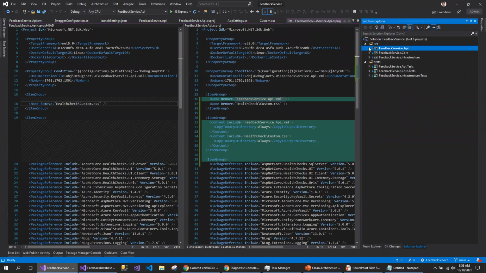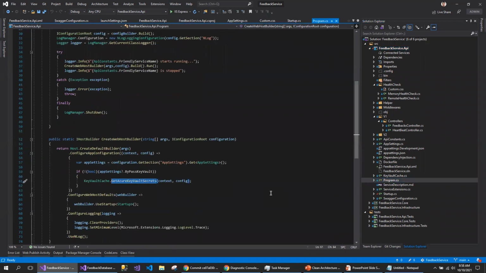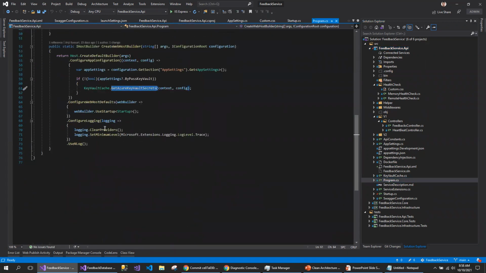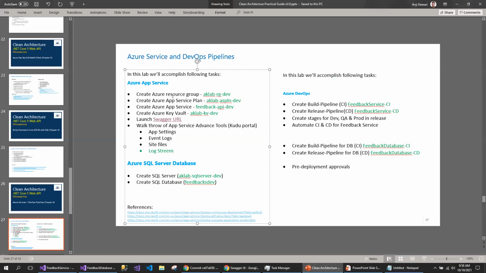So I need to enable the event logging for the Azure in the service. That is something I will be covering in a bit. We have to add that logging feature here to make sure that the logging is working. So this is the biggest culprit. We don't need to clear the providers. I'm going to talk about this logging clear providers in a bit. But for now, what I want to say is that we have completed creating all these Azure resources and enabled the log stream. Now I'm going to create the Azure SQL Server database.